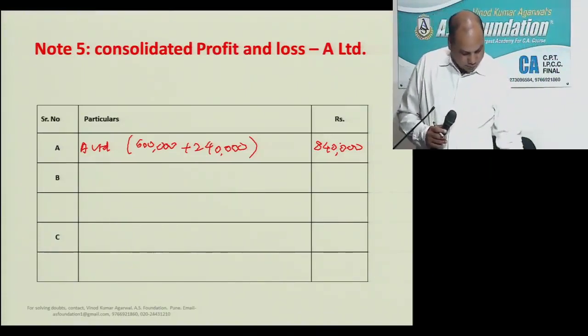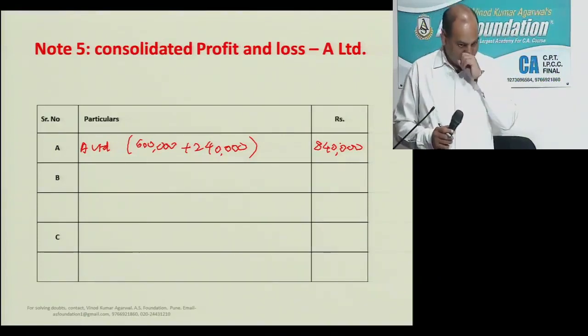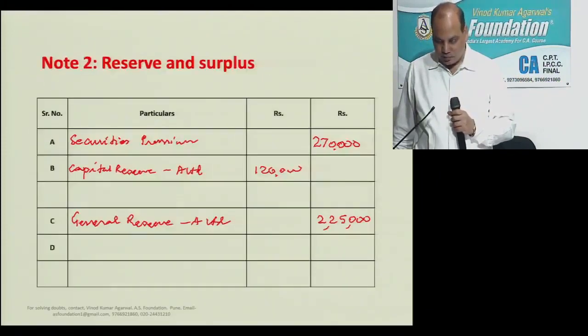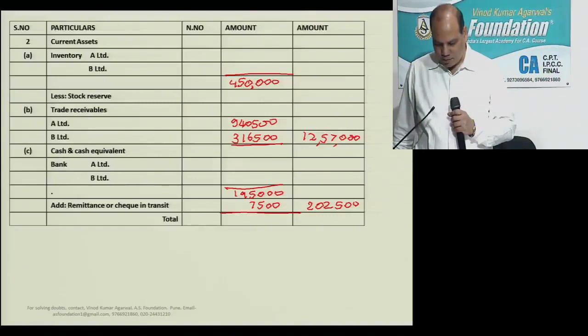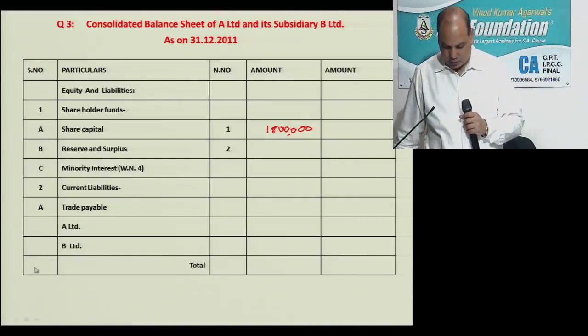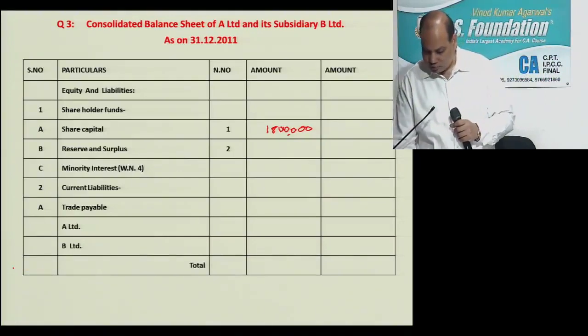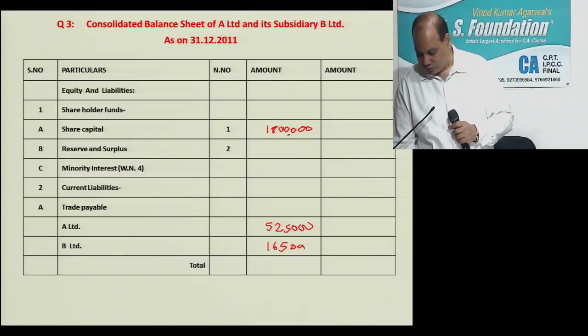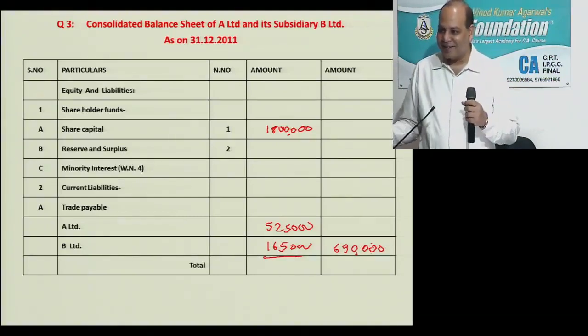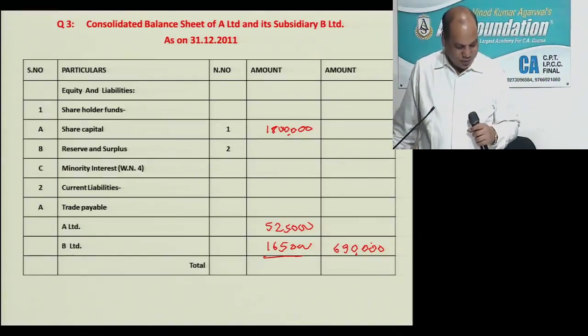So this completes the profit figure. Now only creditors are pending. Where will you write creditors? Balance sheet, asset side? Liability. Okay, trade payable you've written right here. In A Limited first column, B Limited first column, total in the outer column. 6 lakh. 6,90,000. Why do you have to stretch it so much?